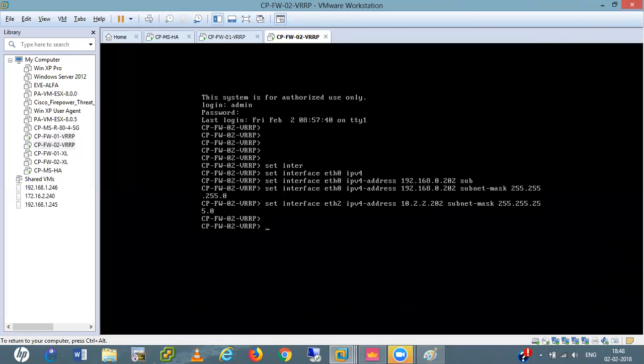Now I'm going to enable the state also: state on for ETH2, and state on for ETH0.